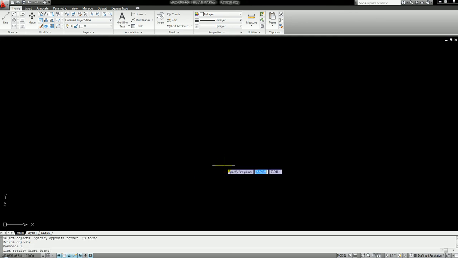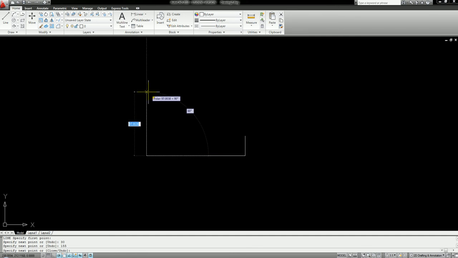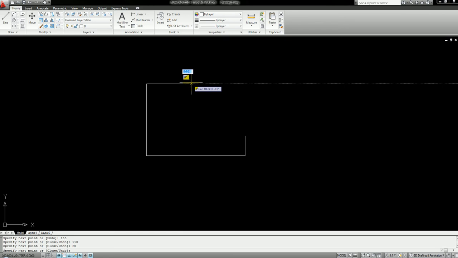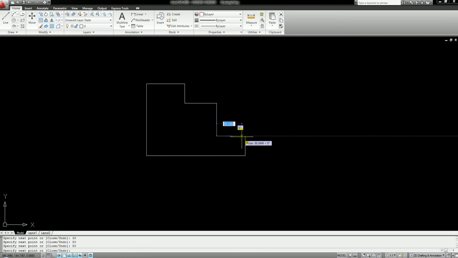To do this, I'm going to start with a line at the right edge and come down 30. Then I need to come to my left 155, up 110. This is then going to go over 60, down 30, and now I've got this arc shape in here. Rather than putting the arc shape in as it sits, I'm going to draw a solid corner that's going to represent that arc. The solid corner would have to be 50 by 50 since the arc is a radius of 50. So I come to the right 50, I come down 50,